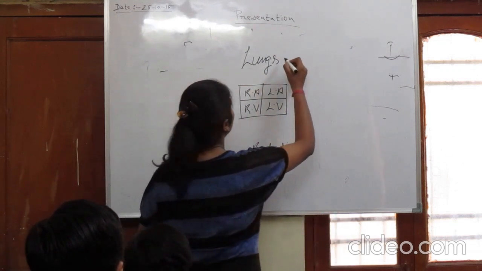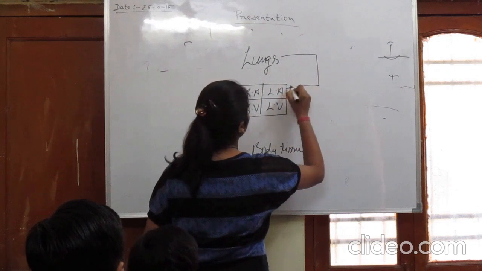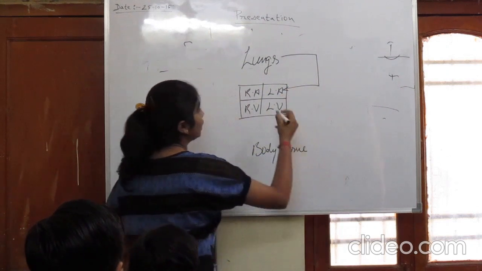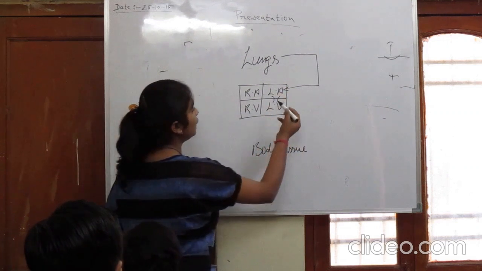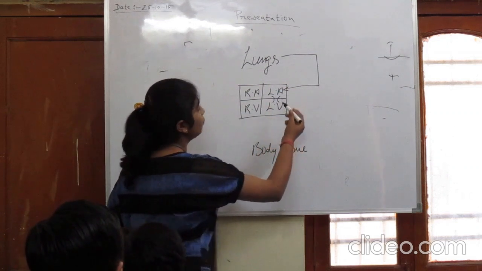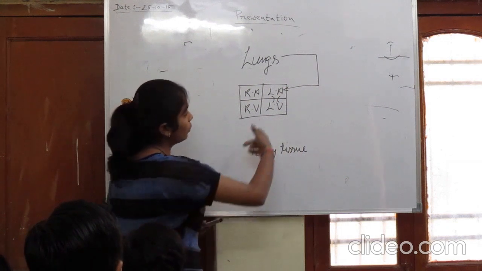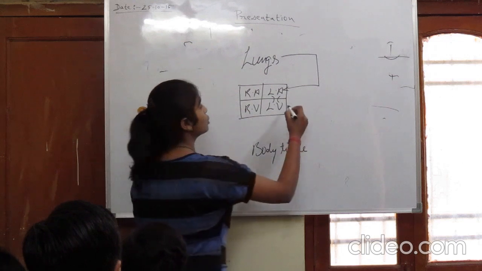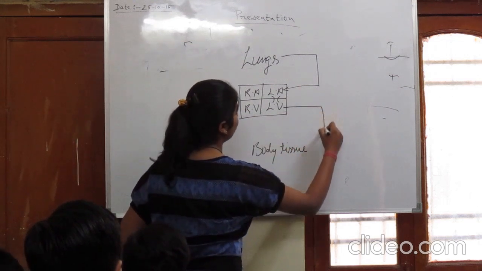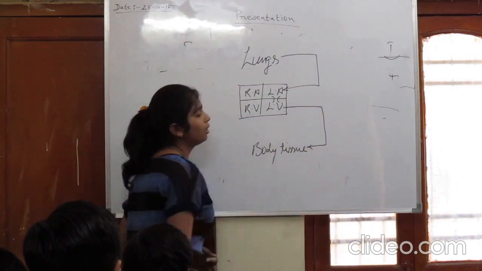Oxygenated blood is transported from the lungs to the left auricle by the pulmonary vein, and then contraction takes place in the left auricle. Then by the medium of the valve, the oxygenated blood is transported from the left auricle to the left ventricle, and then again contraction takes place in the left ventricle, and then oxygenated blood is transported from the left ventricle to the body tissues by the artery. This is the main